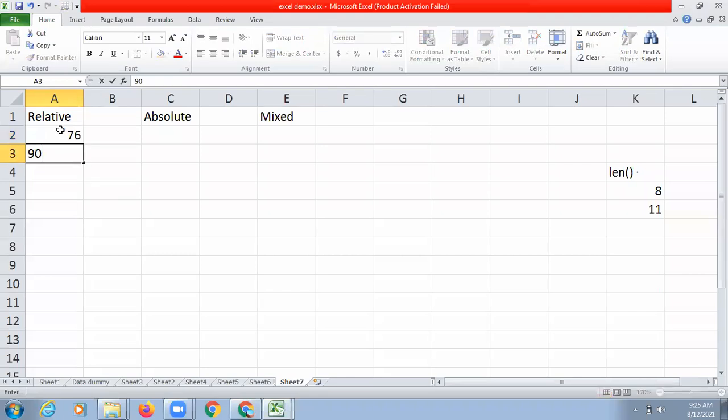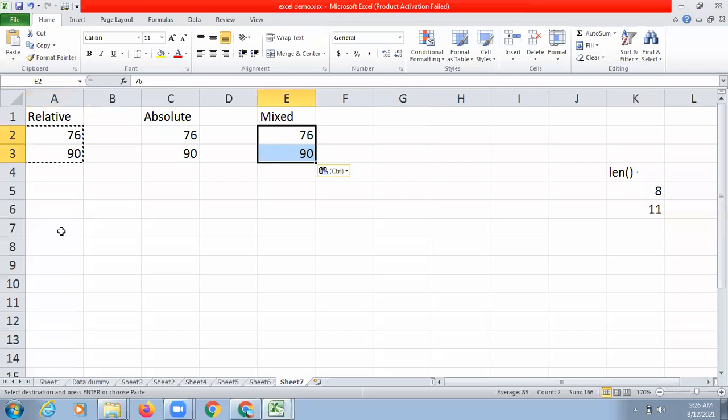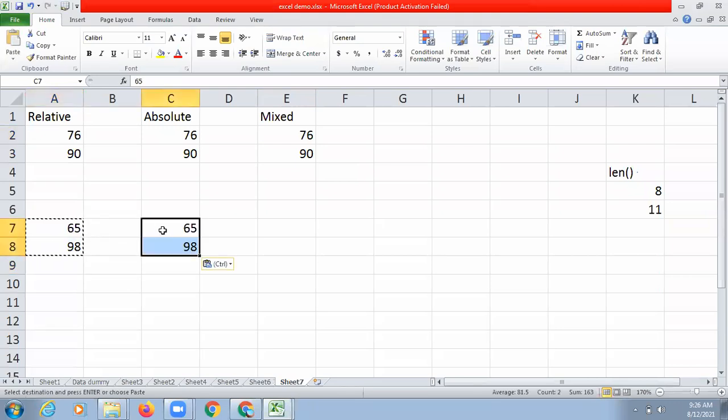Let's say I'm taking 2 numbers and I'm going to copy these numbers here and here also, so that we can see the difference. And here I'm taking 2 different numbers, and again I'm going to copy these numbers and paste them over here.